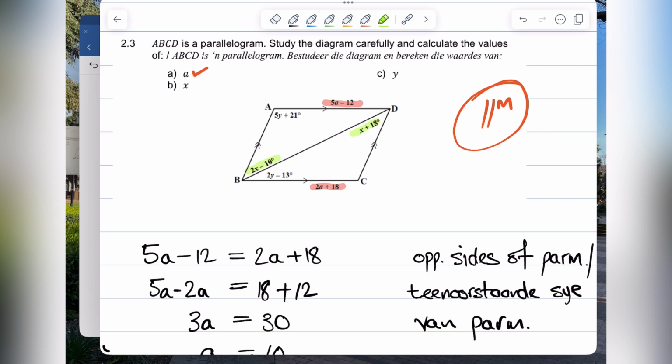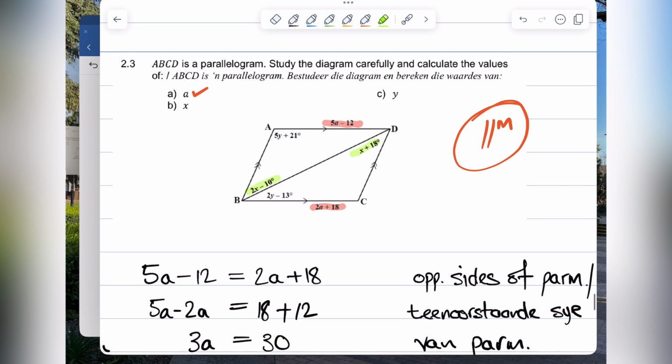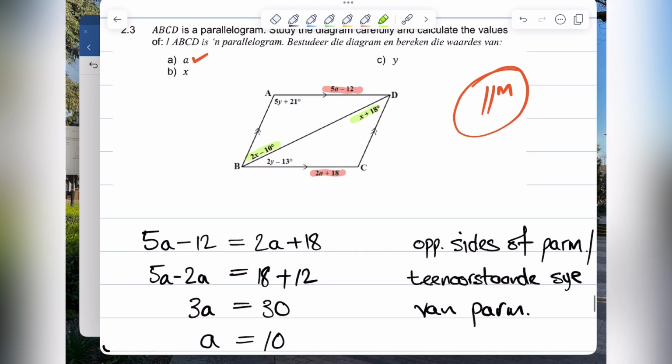Now, remember that this is a parallelogram, so we've got AD parallel to BC and also AB parallel to CD. That means with parallelograms, we can easily identify alternate angles. So ons kan baie maklik verwisselende hoeke identifiseer. Now, that means that we need to be careful which parallel lines we're going to refer to when identifying